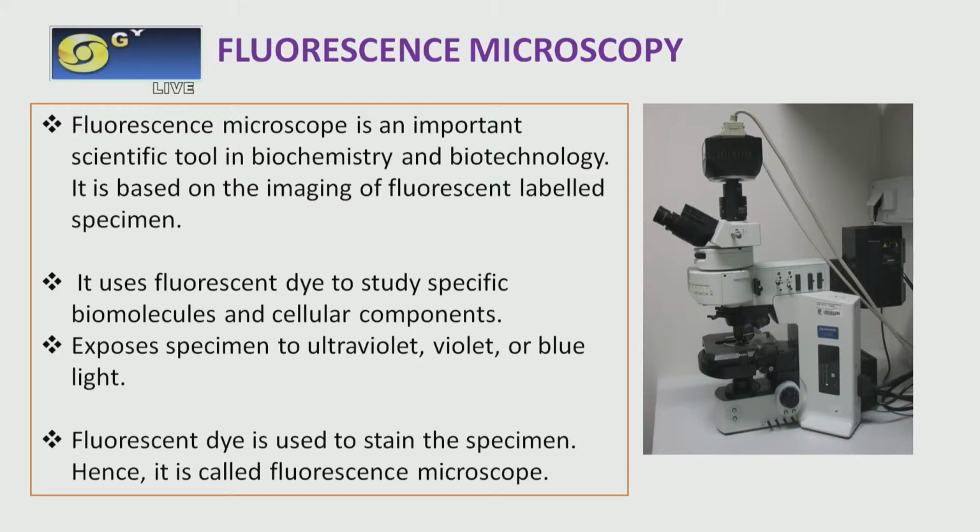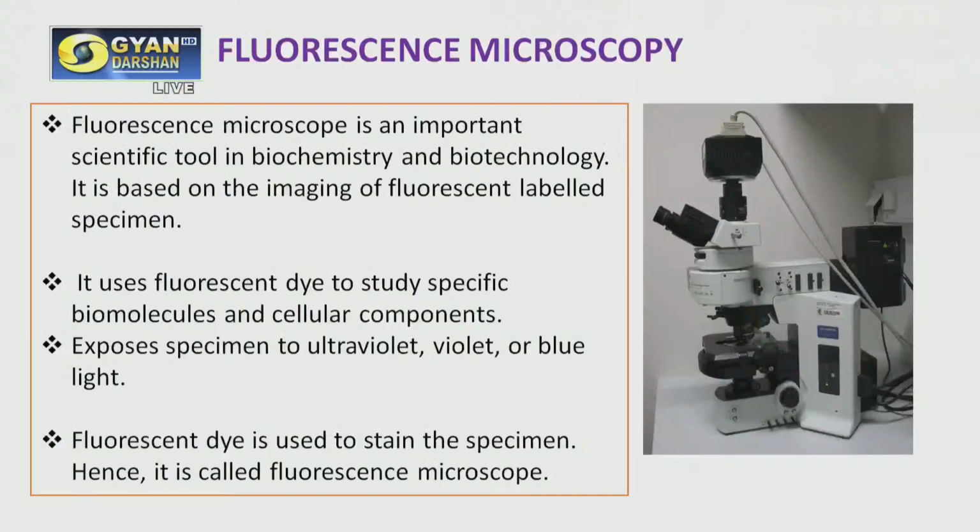Before observing the specimen under the fluorescence microscope, we generally fix the cells or stain the cells with the fluorescent dye. There are different kinds of fluorescent dye used in fluorescence microscopy. It uses the fluorescent dye to study molecular structure and cellular components. So we can identify specific kinds of molecules like protein or DNA using the fluorescent dye,